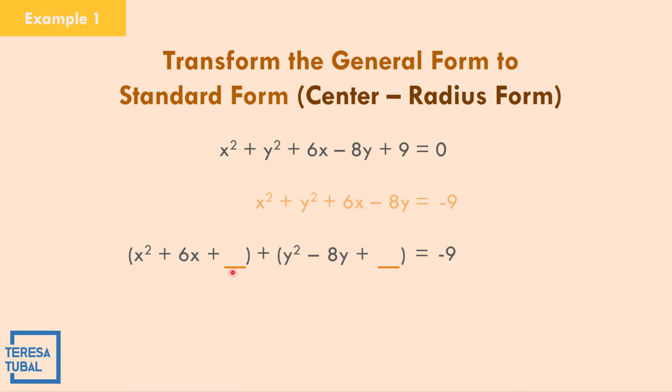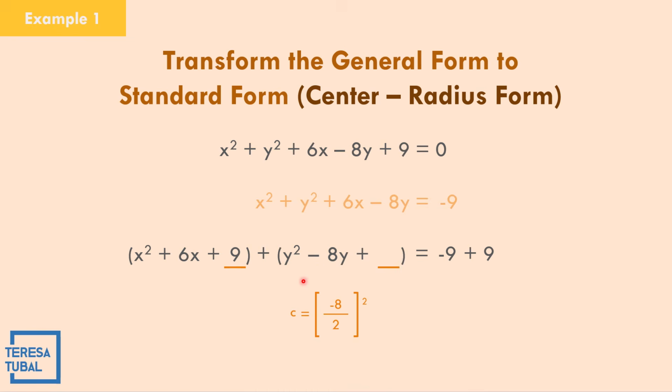What could be the solution to identify that? So the solution is b divided by 2 squared. So that becomes b is equal to 6. 6 divided by 2 and then square. 6 divided by 2 is 3. 3 times 3, the answer is equal to 9. So the unknown value is equal to 9. So whatever you added on the left should be added on the right side. So positive 9 on the left, positive 9 on the right side.